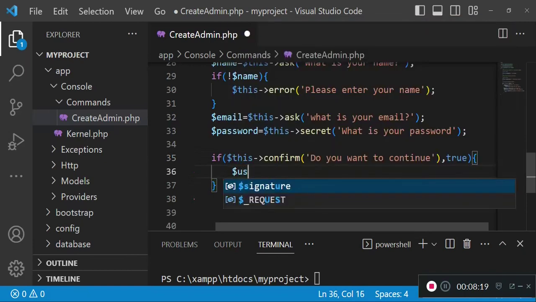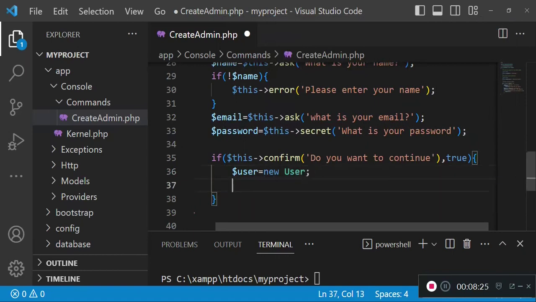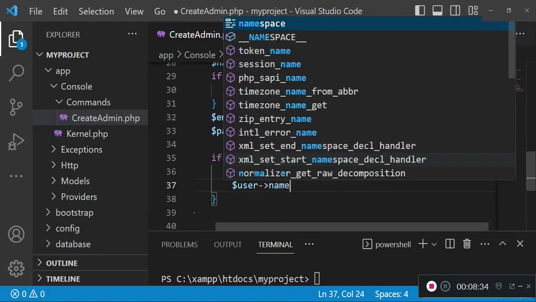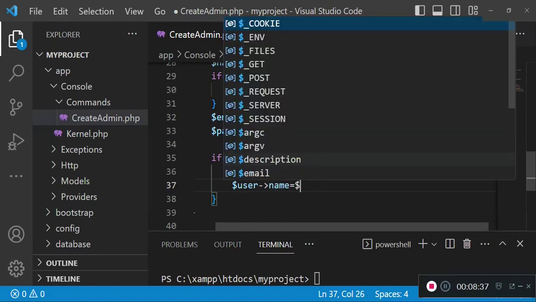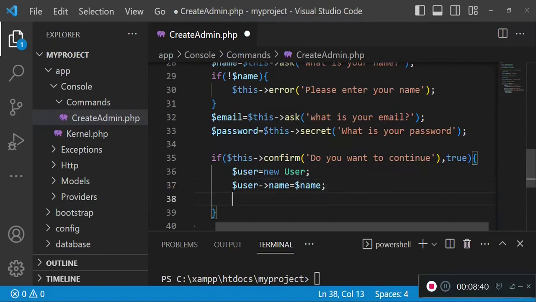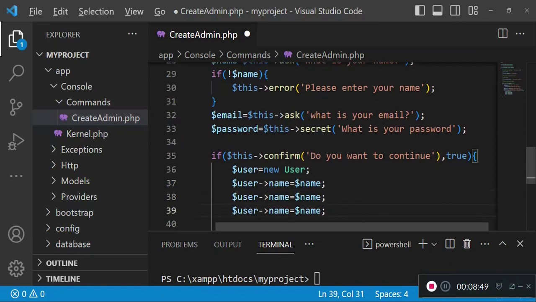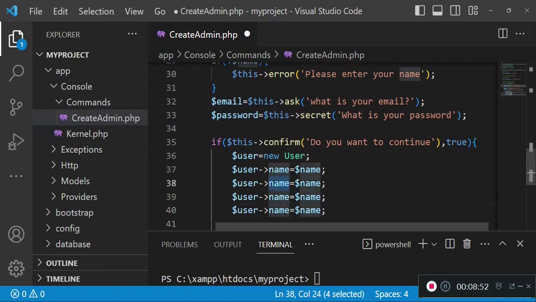So we are going to have user, new user. We are using the model, so we remember to import it. So user name, and then it will be set to the variable name. User email, let me just copy these ones like that. So user email is this, you set it to email,